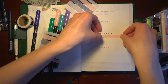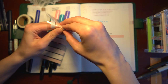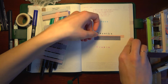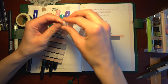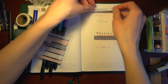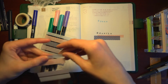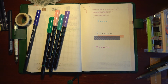And I am not the most creative person, which is a little bit unfortunate since I do have a degree in the arts, but I don't know. I just kind of stick things to the paper and see if it works. Also, I have this weird feeling that I should be preserving my stickers because I spent money on them, but then at the same time, if I spend money on them and I never use them, what's the point? Okay,